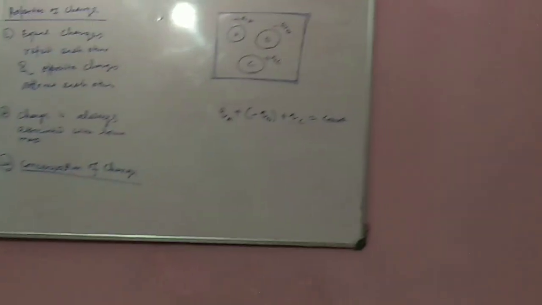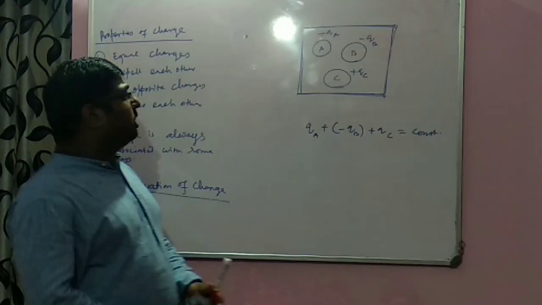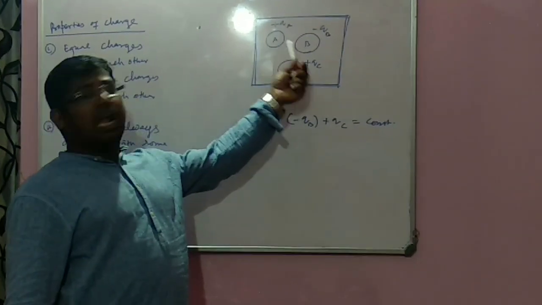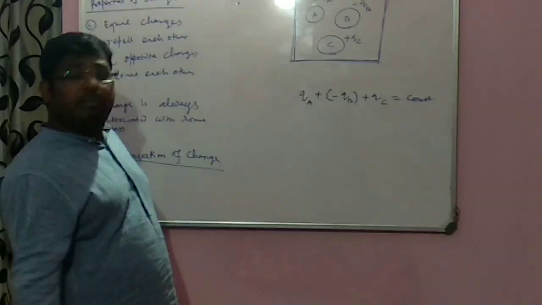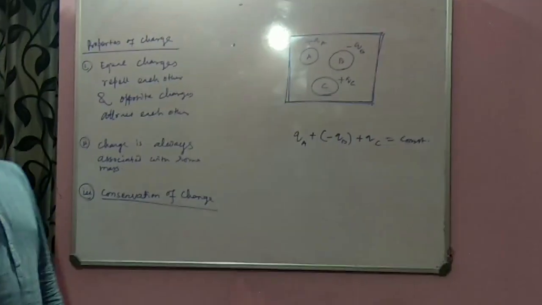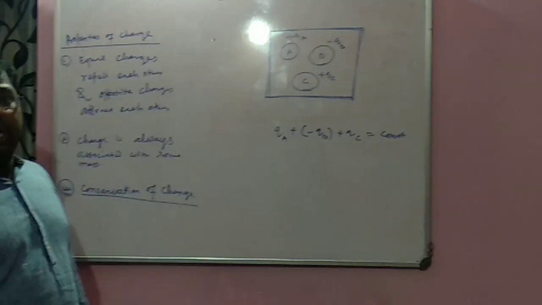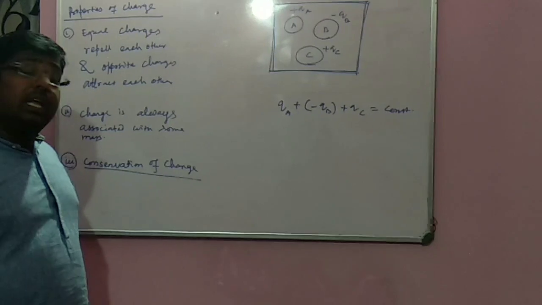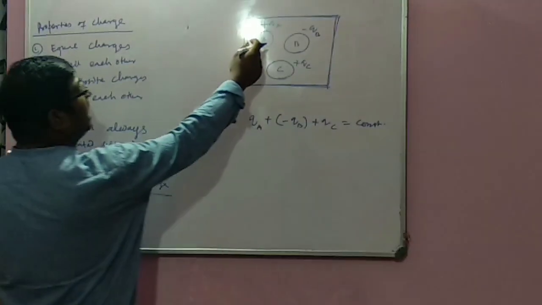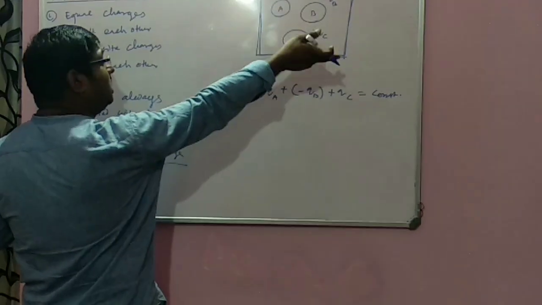It may happen that suppose the mass A will try to interact with B, there may be some transfer of charge. Suppose I will connect the two charged bodies by some conducting wire or etc. Then some charge may be transferred from A to B or from B to C or from C to